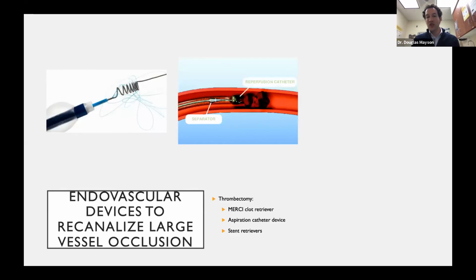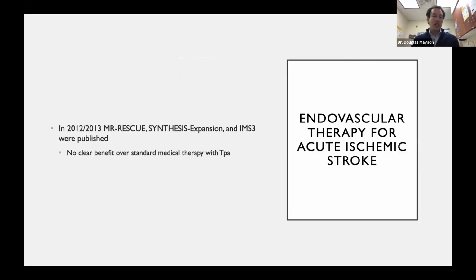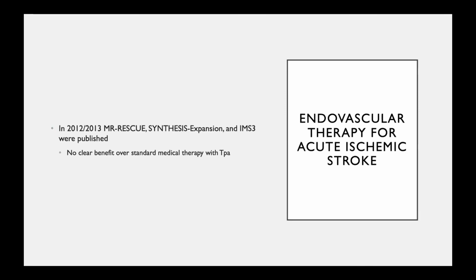More recent technology includes an aspiration catheter, which you see here, and the stent retriever, which was used most commonly in the thrombectomy trials. In 2012, 2013, there were 3 thrombectomy trials that were published, all of which failed, unfortunately. They showed no clear benefit over standard medical therapy. And I think most of that is secondary to technology, although some of it's also due to the trial design